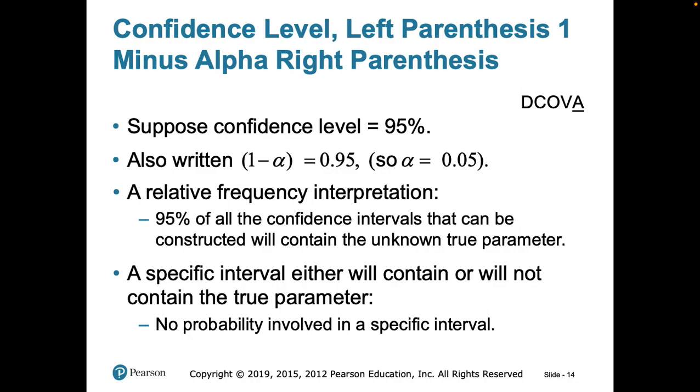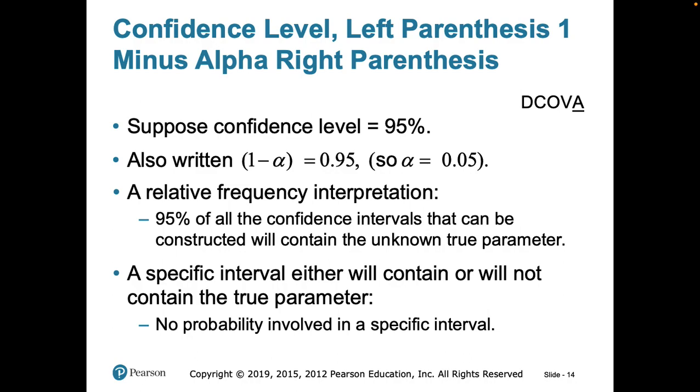Here, let's say you want to do a confidence level of 95%, and in this case you can write 1. Remember, 1 is when you're absolutely positive that something will happen, like I can be 100% sure that the sun is going to rise in the east tomorrow, right? So you have 100% certainty that something will happen. In this case you take that 1 and then you subtract the alpha, and that's how you get 0.95, which is 95%. And we can say that alpha is 0.05 or 5%.